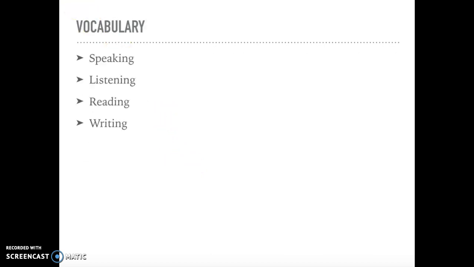Vocabulary. There are 4 components that fall under vocabulary: speaking, listening, reading, and writing. The highest component in vocabulary is listening. A person does not have to have the ability to speak in order to listen. You are constantly listening to what happens around you, whether it is listening to someone else's vocabulary or listening to the words on TV. Another component to vocabulary is reading and writing. Our writing vocabulary is the smallest component of vocabulary because a lot of vocab that you hear is hard to use in your writing.